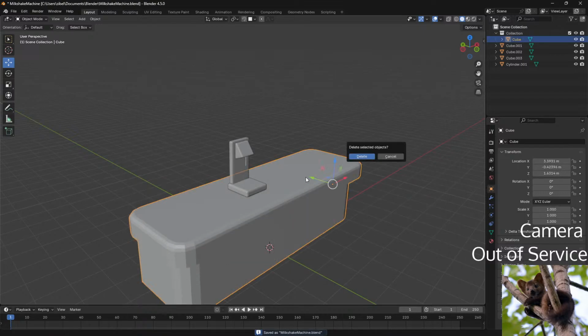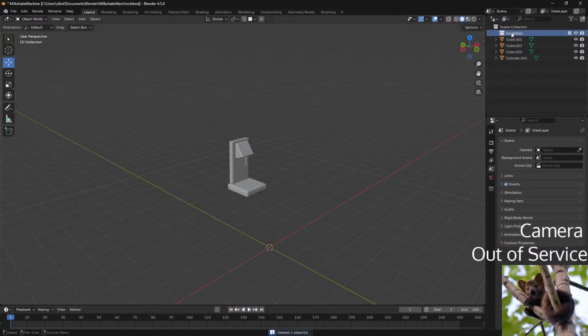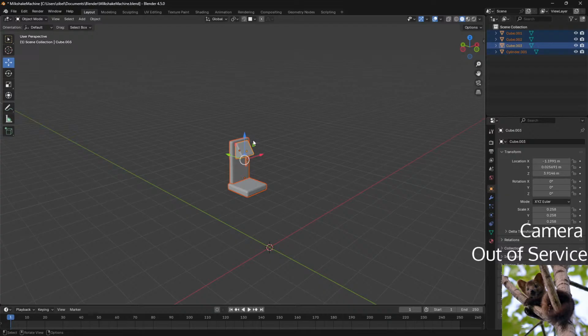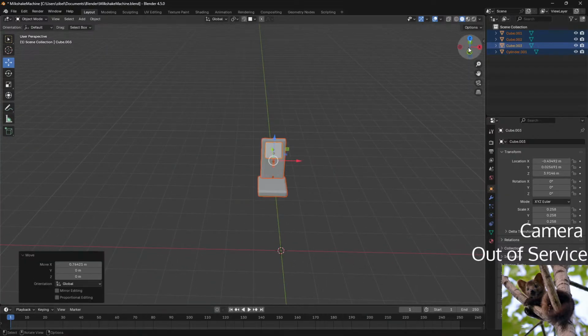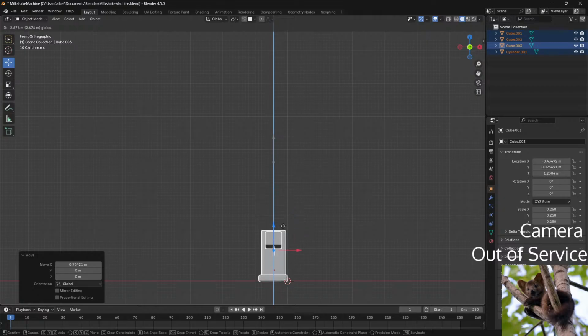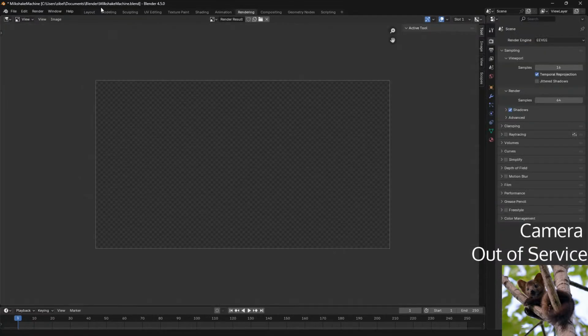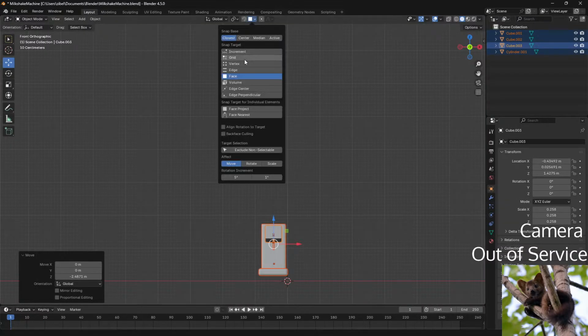The counter be gone. And snap to the... whoa. Snap to the grid.